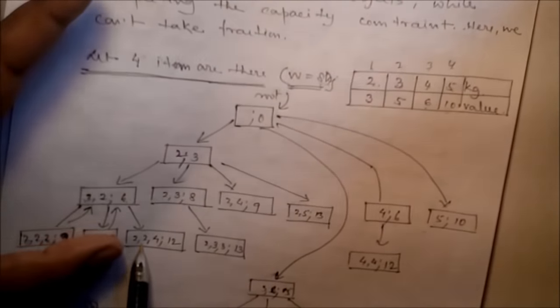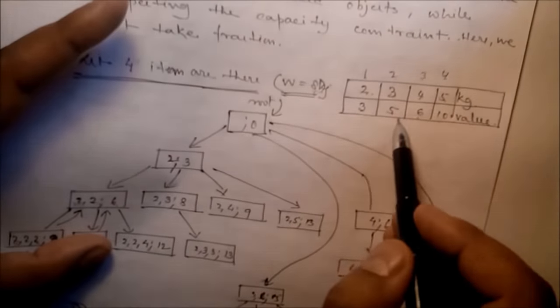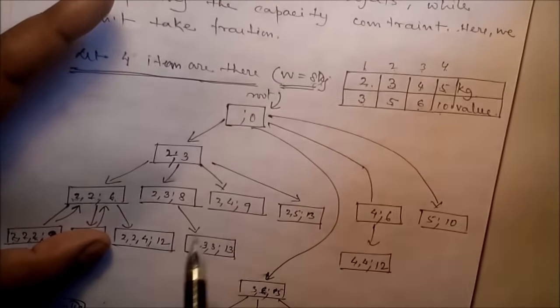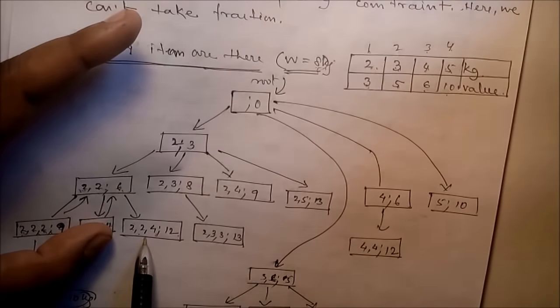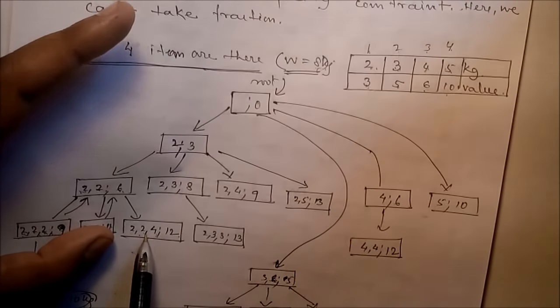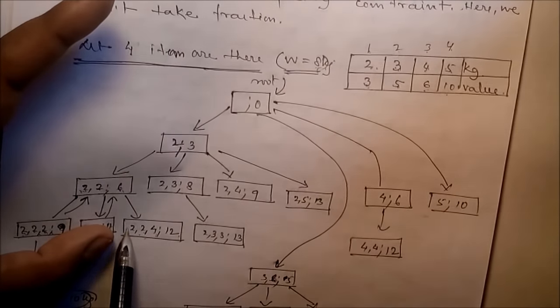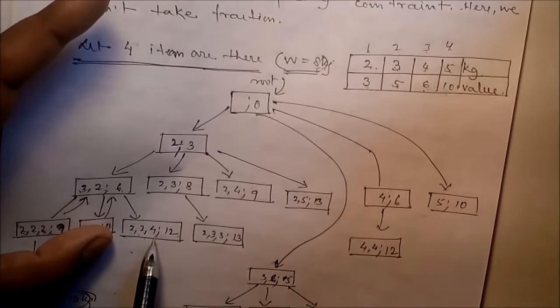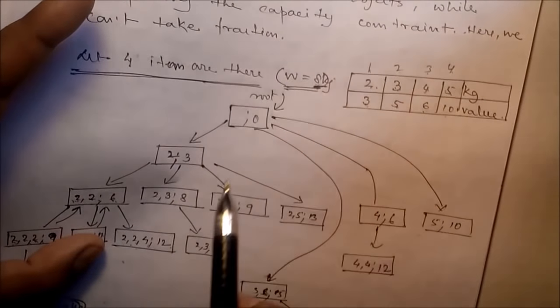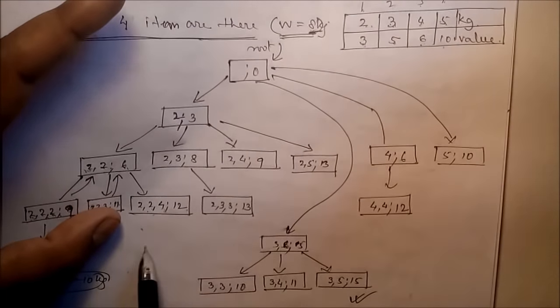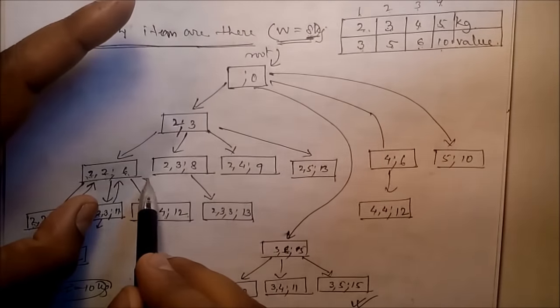Next, can you take 2 first items and 1 third item? So 2 plus 2 is 4, 4 plus 4 is 8, yes, and total values are 3 plus 3 is 6, 6 plus 6, it is 12. Now can you take another second item, 2 plus 2 plus 4 plus 2? No, because total weight will be 10, but 10 exceeds the maximum capacity. Okay, so we can't take any other item, so return it back.